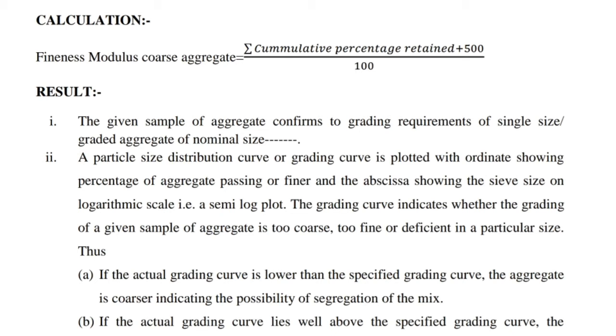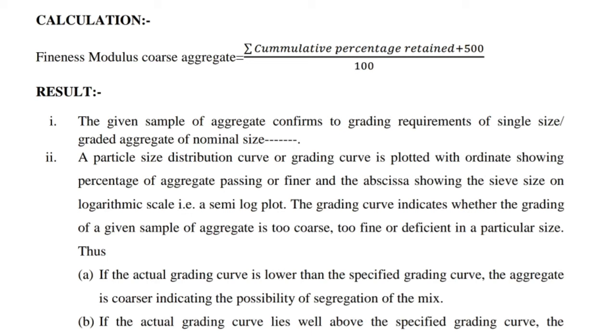Result: 1. The given sample of aggregate conforms to grading requirement of single size or graded aggregate of nominal size. 2. A particle size distribution curve or grading curve is plotted with ordinates showing percentage of aggregate passing or finer and the abscissa showing the sieve size on logarithmic scale, that is a semi-log plot. The grading curve indicates whether the grading of a given sample of aggregate is too coarse, too fine or deficient in a particular size. Thus,